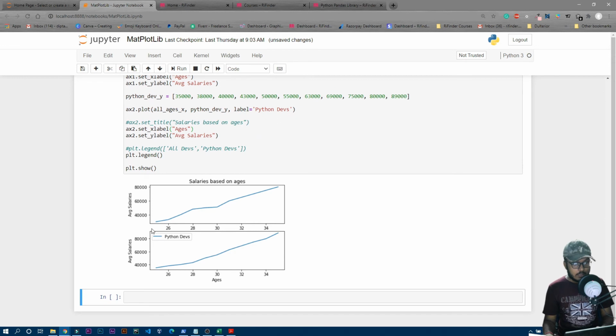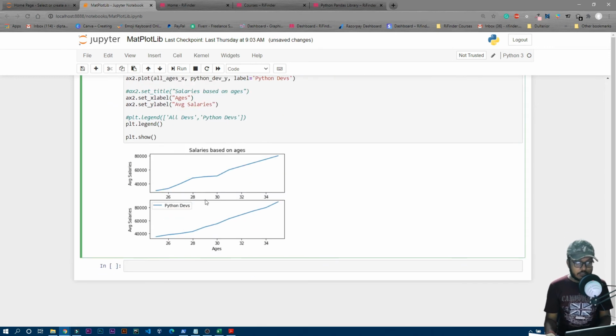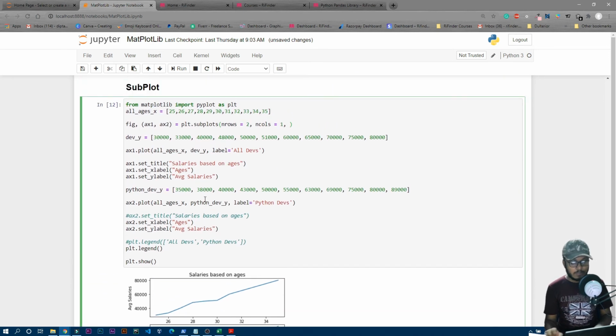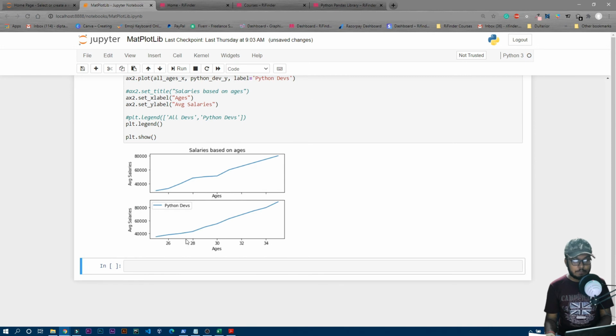And I guess, yeah, we can clearly see that the x-axis values are also repeating. We also don't want that. We want our x-axis values at the bottom of the total plot, right over here, not over there, right? So we can basically share these x-axis values by writing sharex. Okay, you can also share the y-axis values by writing sharey. So sharex can be True. Okay, now if I run it, you can see we have only these x-axis values, not over here.